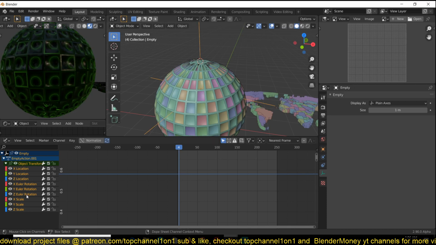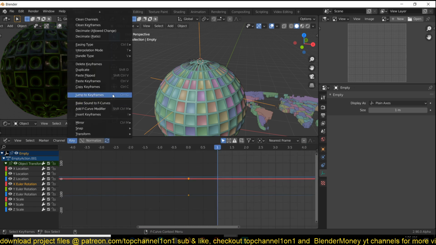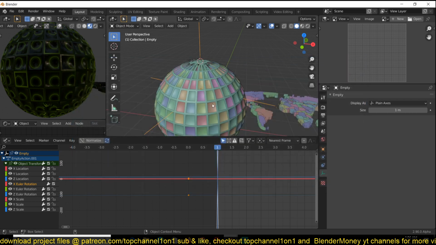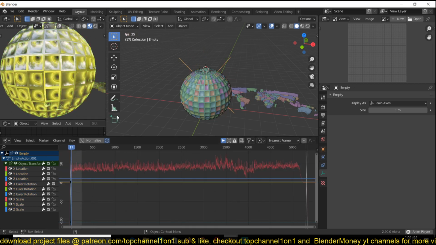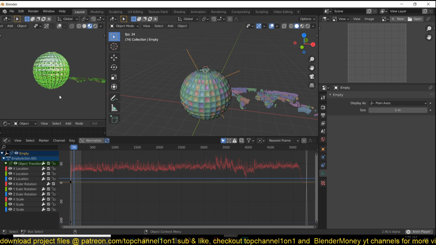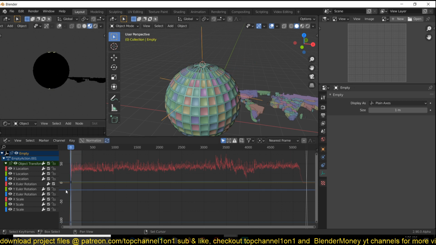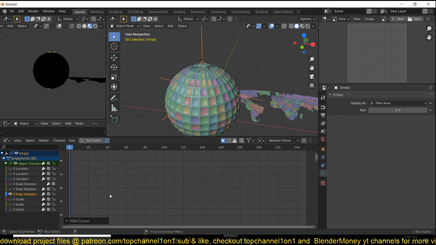Let's just use rotation X, I think that was good enough. So let's bake keyframes for that as well and see. And then maybe I can give this a slight Z rotation. Just isolate that for a second.